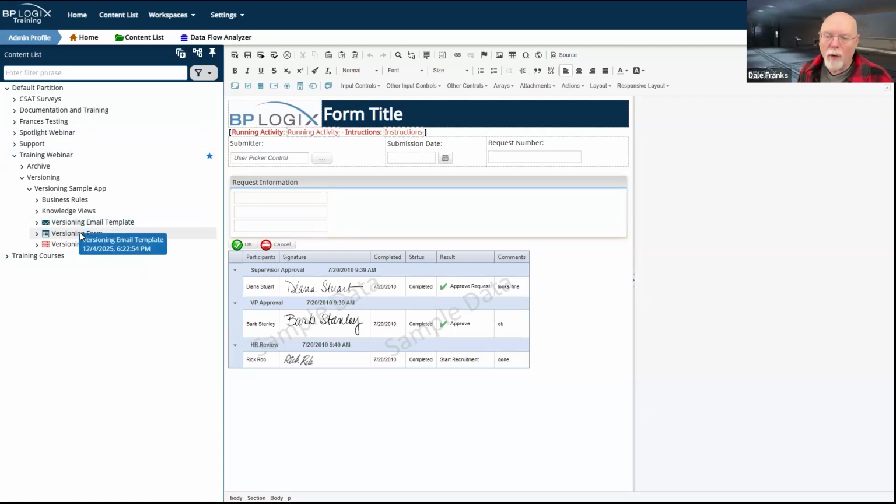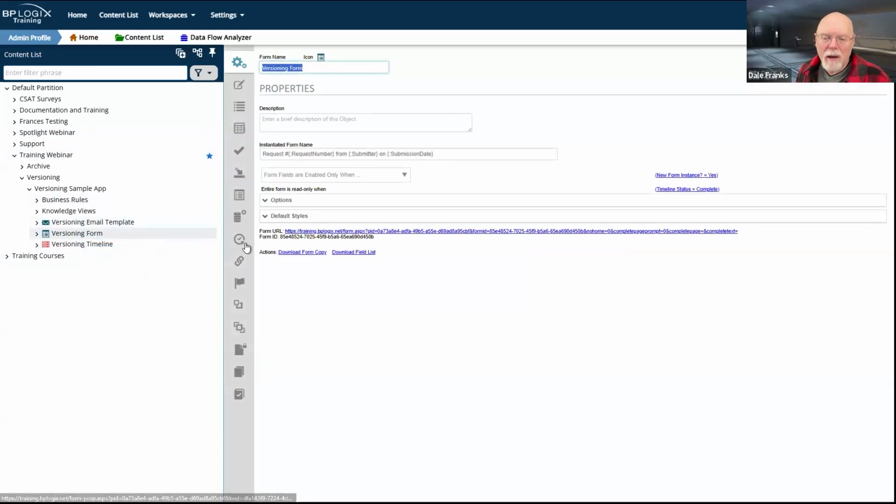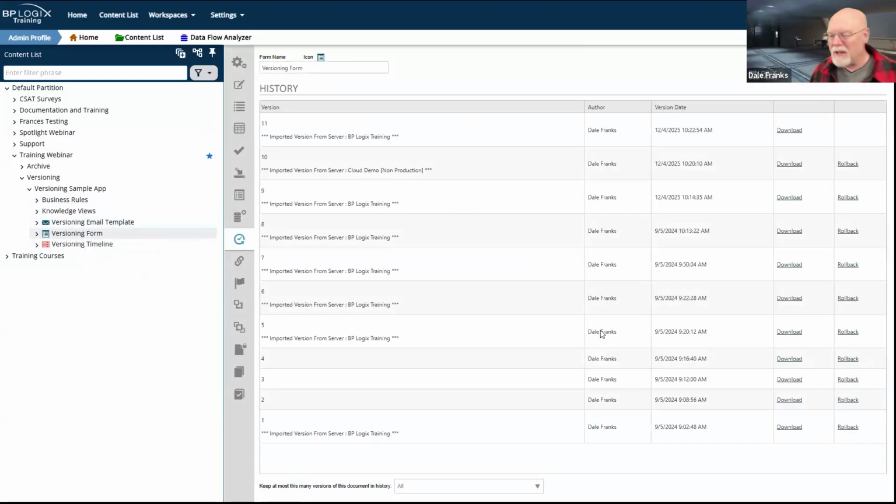So super useful to be able to do this, but this is not a version technically. I mean, well, technically it is a version, but it's not really a formal version. This is just a save history log.